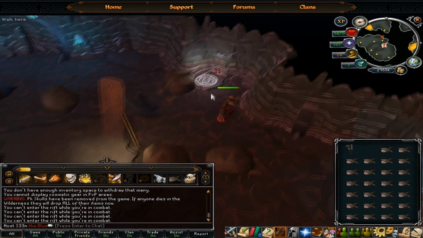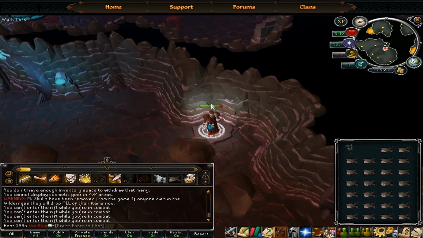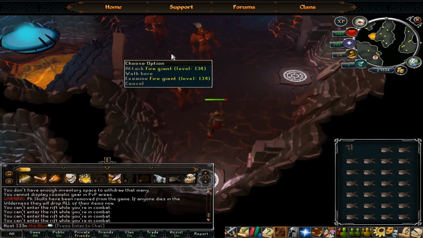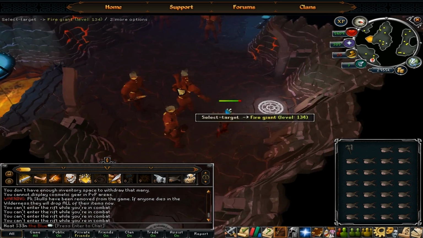And let me go through this portal. That's the mage spot, so you can easily get some mage XP there. And these are fire giants. So these are the...